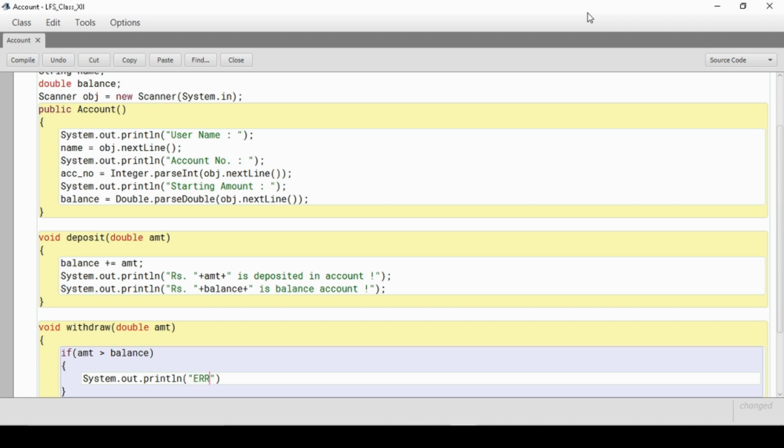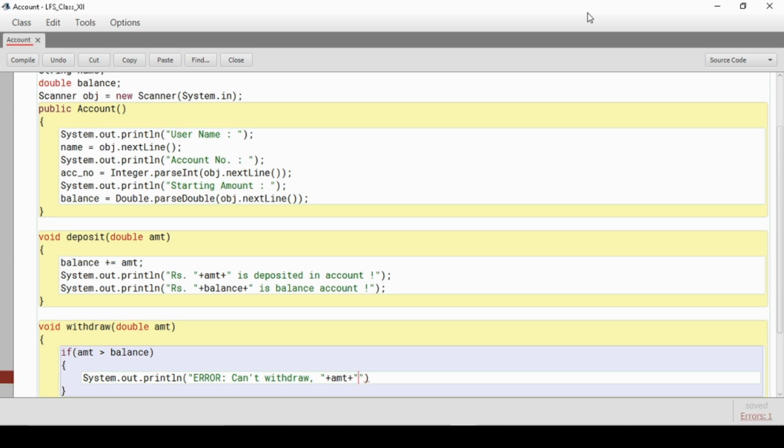Error, can't withdraw, and then that amount AMT not available, or we can simply print balance not available. Whatever, I'm just making it more interactive.